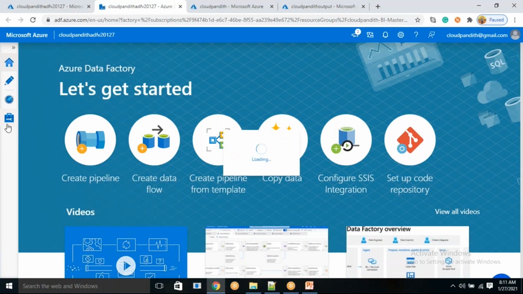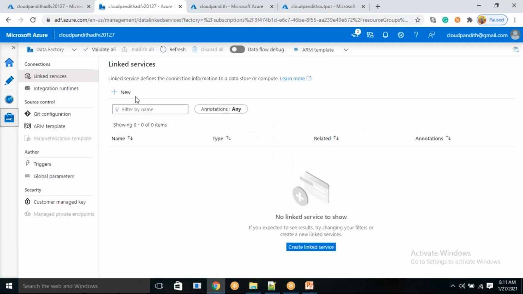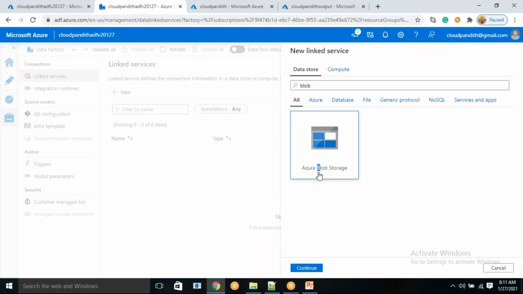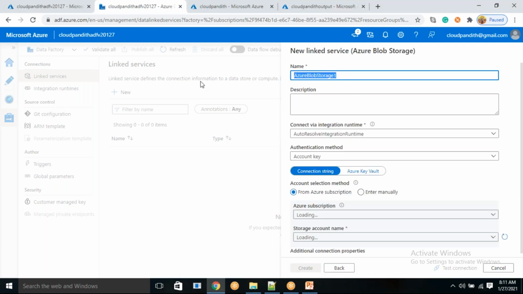Come to Manage, click new linked service. To which service do we need to connect? Blob. Search for Blob Storage and click continue. This is the linked service for Azure Blob Storage. This is my store one.